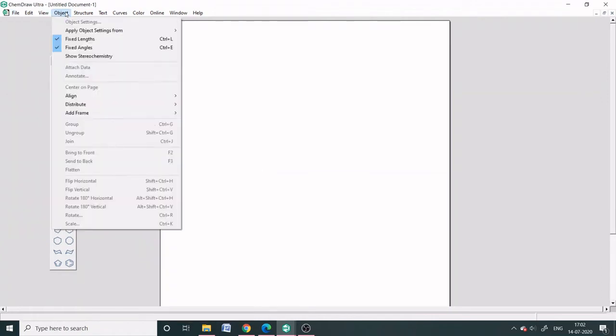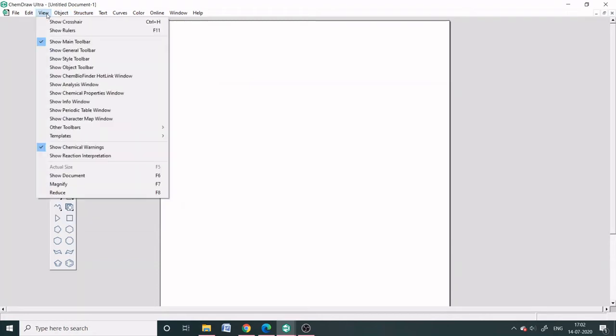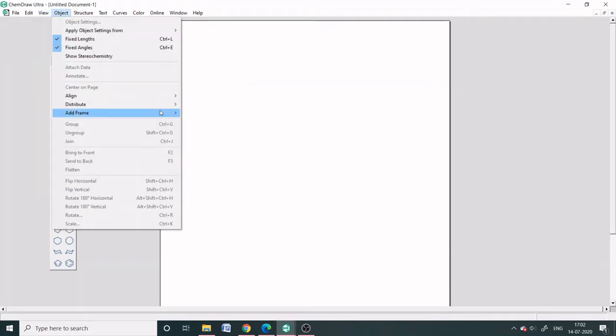You have to select as per your interest. If not, you at least have to check whether you have clicked on fixed bond length and fixed bond angle. Make sure that you have clicked that and then start drawing